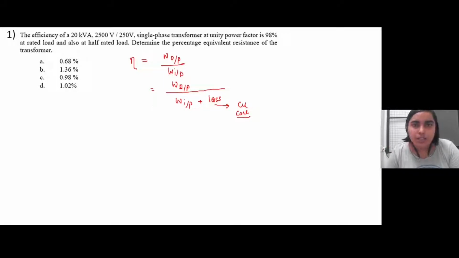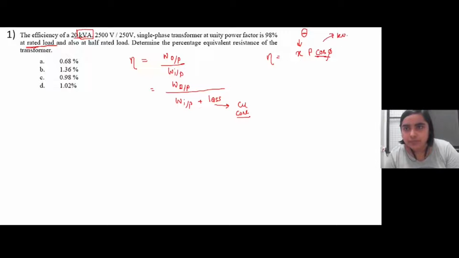So in order to incorporate the load at which the transformer is performing, we have the formula of efficiency as x. This x denotes the fraction of load that is getting used, times whatever the rating will be for the transformer, let's consider this to be P cos phi, since this is given in kilovolt ampere. So we need the power output, so we are multiplying with cos phi. So we will get it in kilowatt, x P cos phi,